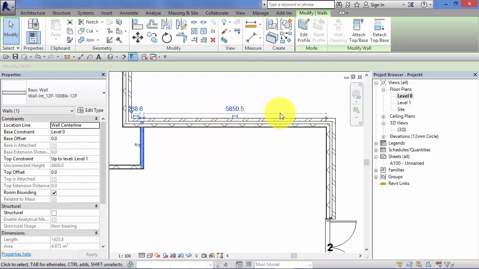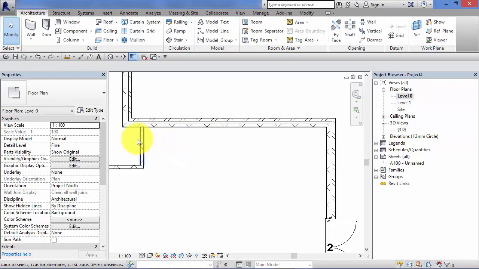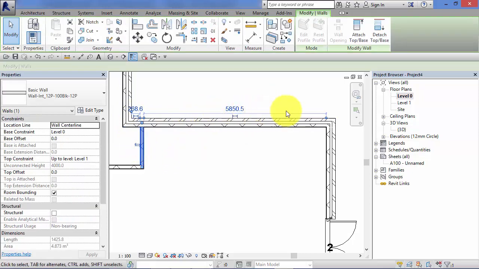Just before we go any further, it's worth noting that these only ever appear when an element is selected. As soon as you deselect, the temporary dimensions disappear. Let's bring those back. So let's re-reference this temporary dimension. And to do so, all you need to do is hover very carefully with your cursor over the little blue grip. Just move my cursor away for a second so you can see that blue grip. If I go over it, click and hold my left mouse button,